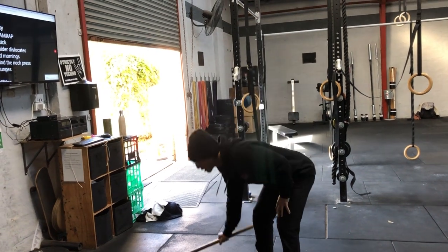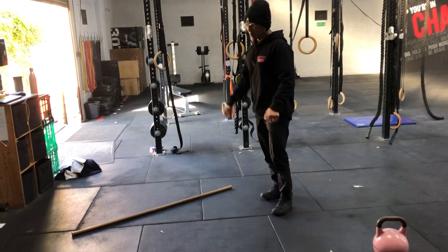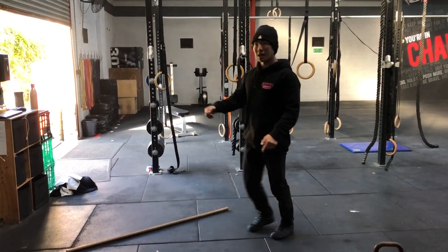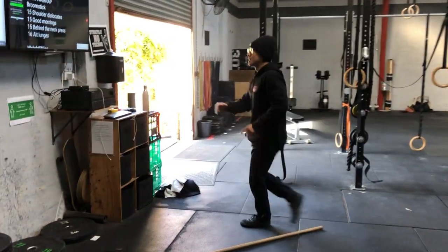15 reps, and we're going to alternate lunges, so I'm going to step forward, back knee touches the ground lightly. Make sure you drive with that front foot as you come back, and you get 16 in total. Try to get 2-3 rounds of that in, then we go into